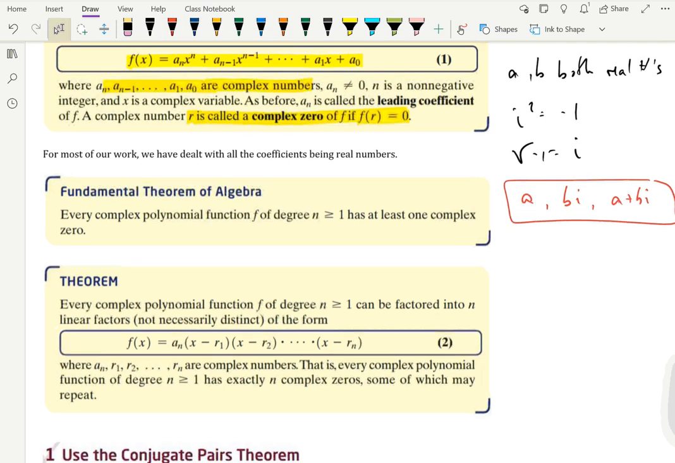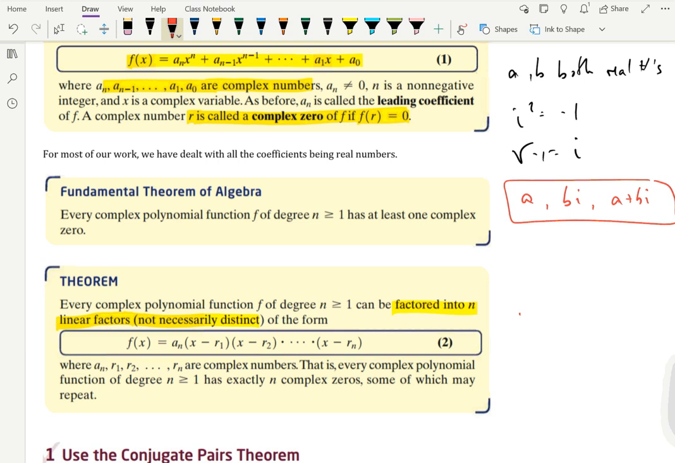Additionally then, several theorems in here, then we'll get into some calculations. Every complex polynomial function of degree greater than or equal to 1 can be factored. Okay, so we can factor all these into n linear factors, not necessarily distinct, meaning we could have something that